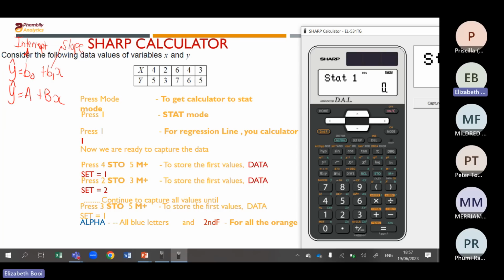Now we are ready. On your Casio, you must always remember that you are not going to see the table, so you need to be very careful when you enter the values. We are going to enter the values of X and Y simultaneously by using the STO button and the M plus button. So how do we do that? We say 4 store